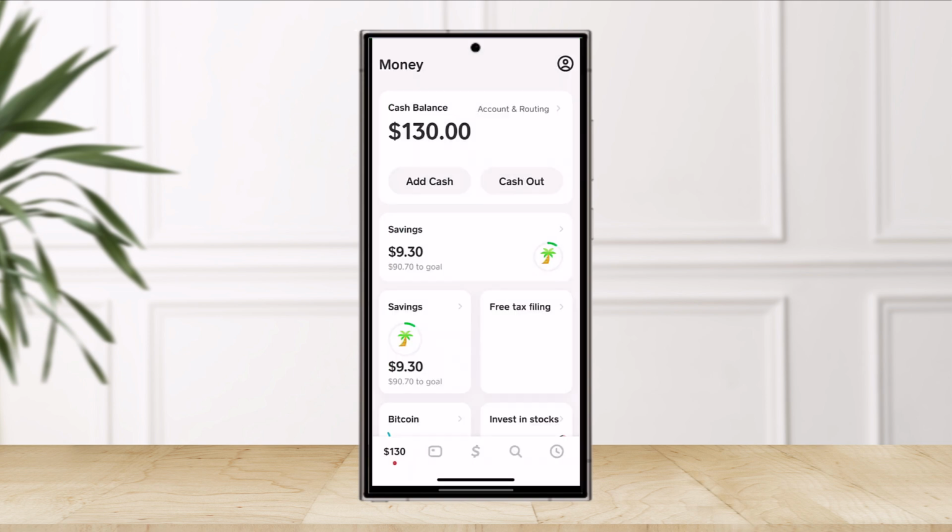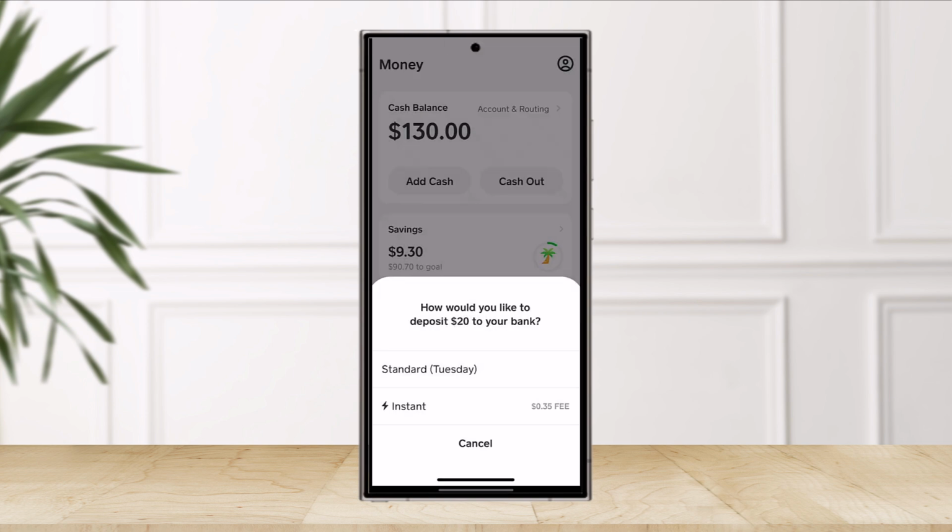So whenever you're trying to withdraw your money from Cash App, you select the cash out option. It will ask you to enter the account details, and then it will ask you to enter the bank account. So make sure your bank details are also correct, and it could also be that you might have any sort